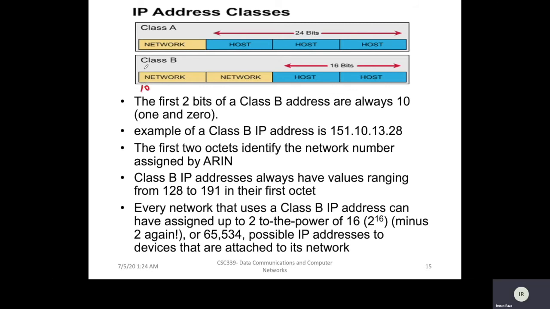So this means that 128 is always on, I will always consider 128, and 64 is never on, right? So this means the range of class B will start with